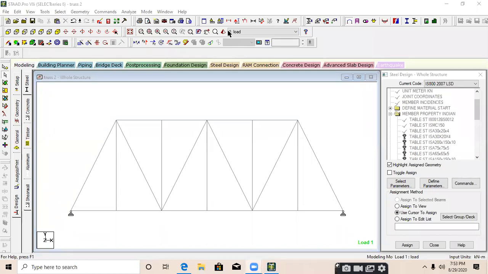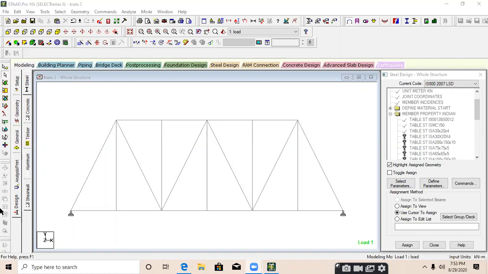It means the optimized select and select optimize command is not used for the original design. For the general idea, you can use it to see which member passes at what size. But if you are designing one industrial building, there are so many trusses. It takes the non-available sections also.